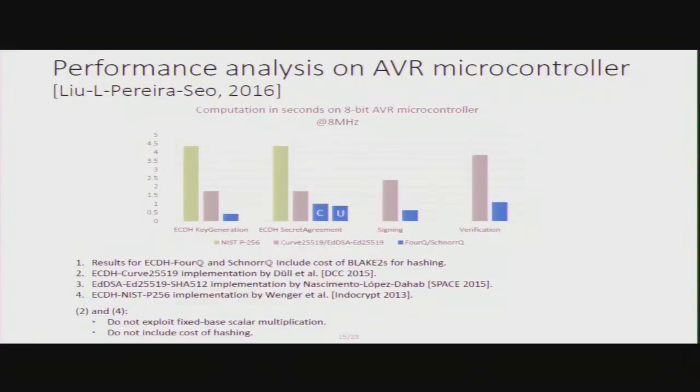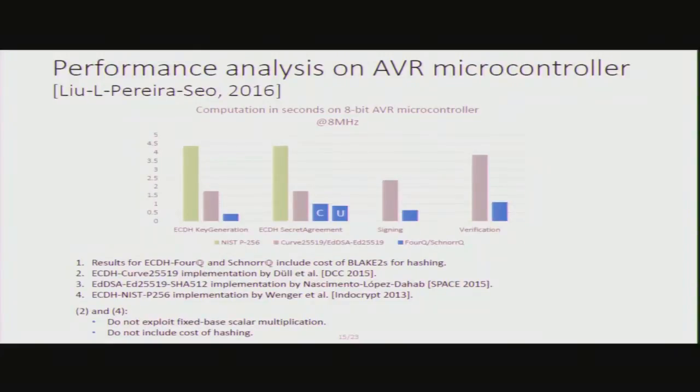And in general, this also shows how 4Q is the only option that computes most of the stuff in less than 1 second. And that kind of latency can be important in some applications. So as you can see, only here in verification is slightly above, but in all other cases it is below 1 second. That can be an important factor